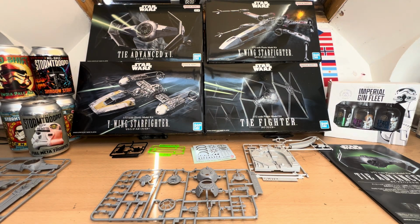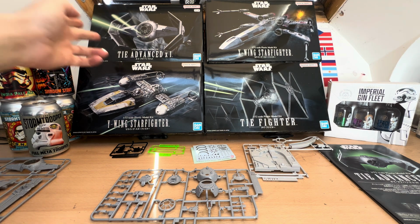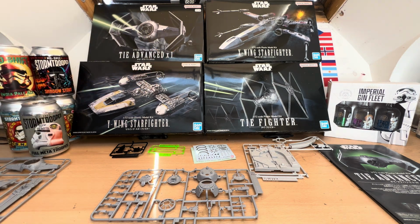Hello there, and welcome to my What's in the Box kit review for my Star Wars TIE Advanced X.1, which is a 1/72 kit by Bandai Namco, kit number 50666146, which is part of my May the 4th Be With You little series,